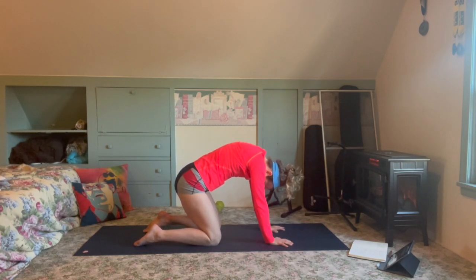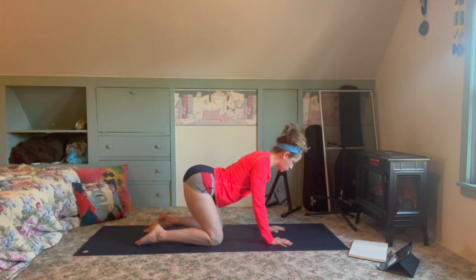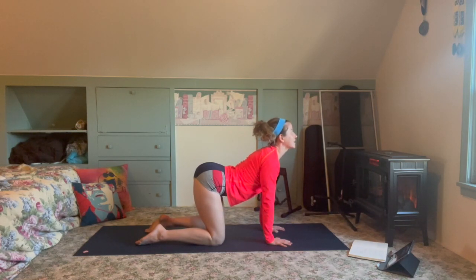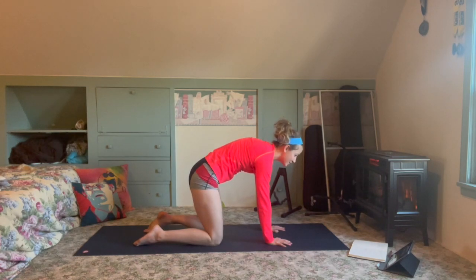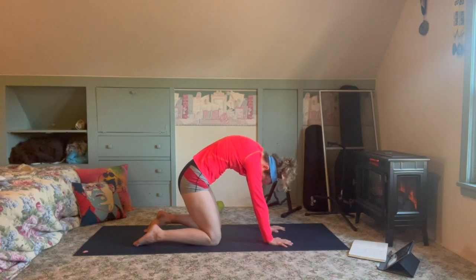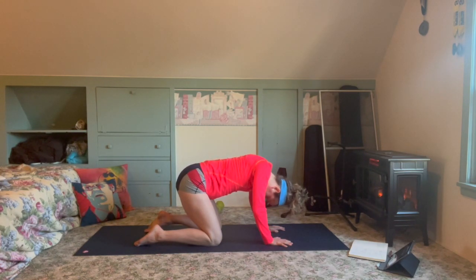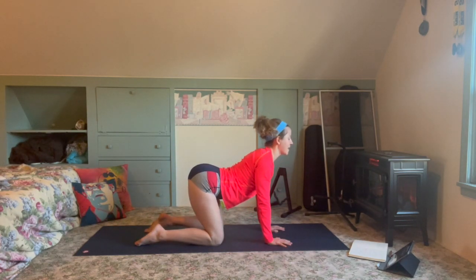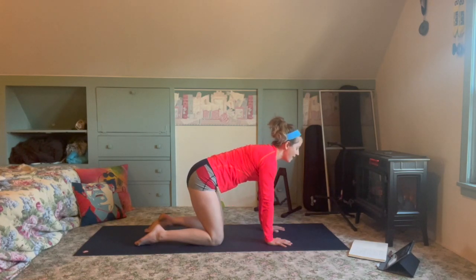Inhale, lifting through the hips, belly drops, heart shines through the biceps. Hands and knees pull together energetically. Exhale, rounding through the spine. Take a couple of moments here to move to your own breath to movement. Maybe adding in any other variation of cat-cow that feels supportive in your body this morning or afternoon or evening,